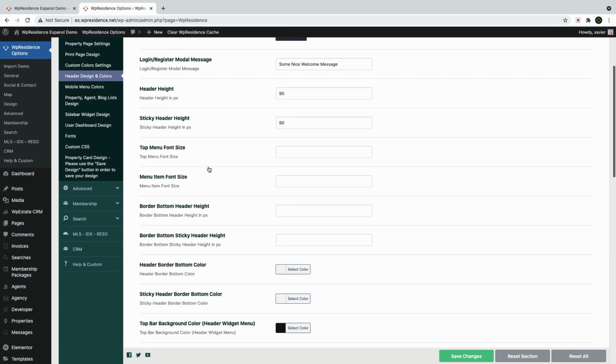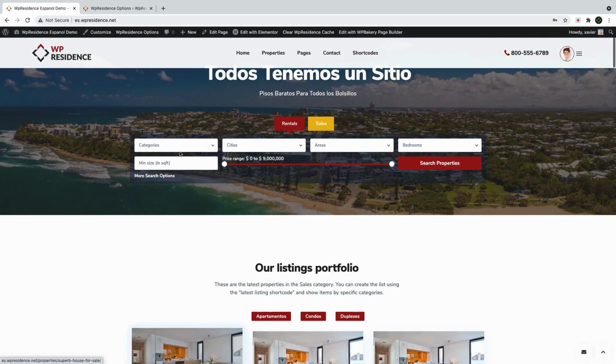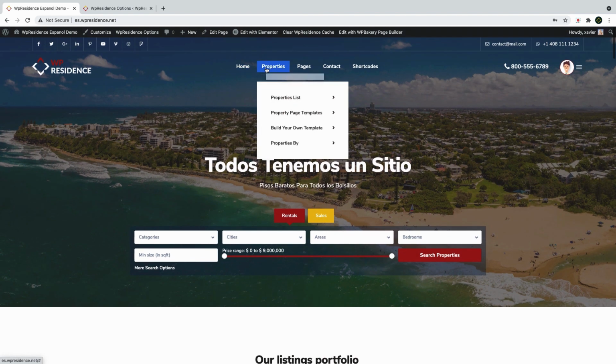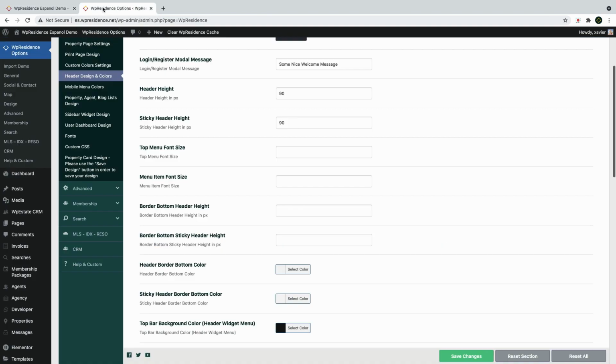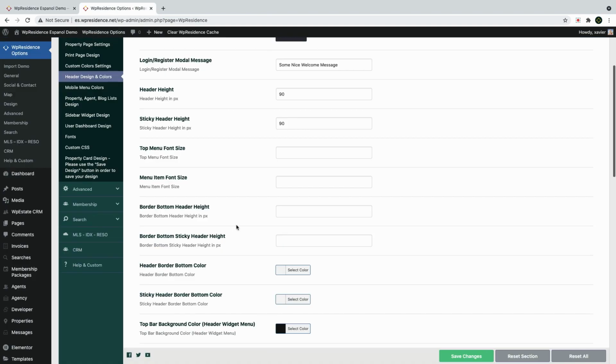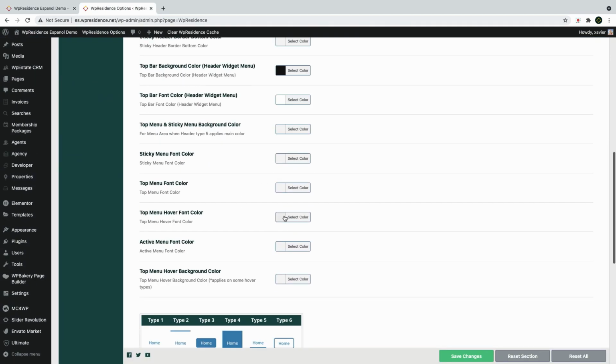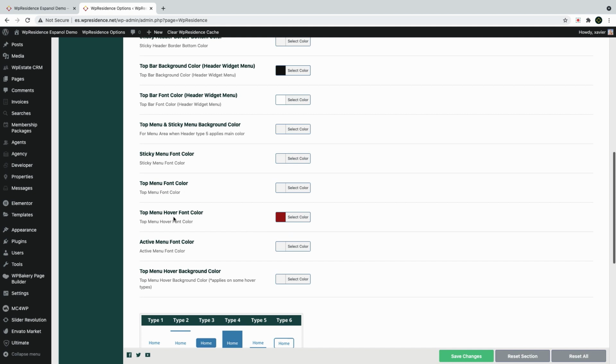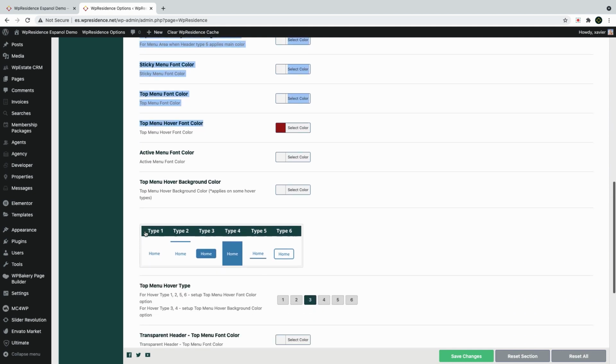So you should know that the theme is very flexible, has different design for the hover effect here and separate colors to manage all these colors here. So I go back to the color section and I will choose my header type 1 as hover effect, and then I will change these three colors to red. Okay,